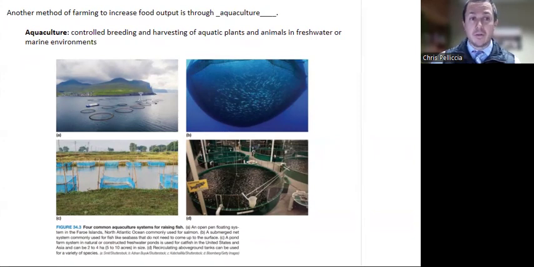You see some that are off the shore, out in marine environments. You see some large nets that are submerged and can bring up things such as sea bass to the surface. You see some interior or landlocked facilities. And then you see some indoor facilities that are examples of aquaculture. Based on the species that we're looking to raise, the environment, the economics, and the scale, all these can be different approaches for aquaculture.